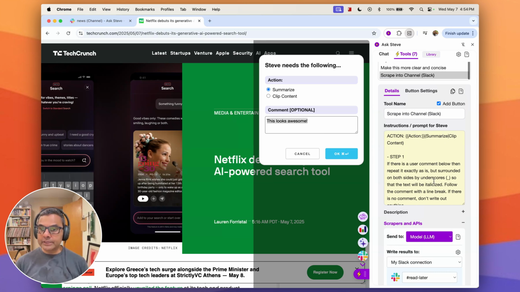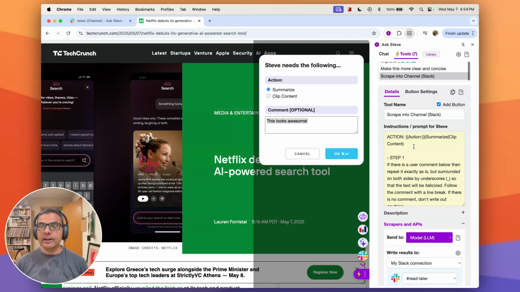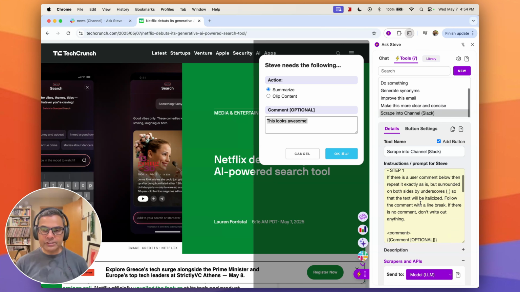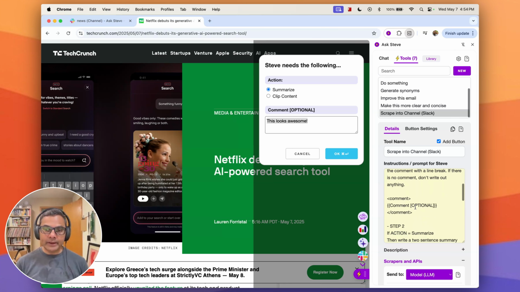The other thing you can do is look at the tool itself and how it's defined. What it's basically saying, this double curly braces means ask the user for something. So it's asking the user to pick either summarize or clip content. And then it runs through a number of steps. The first step is look to see if there's a comment. And if there is, write it at the very top in italics,